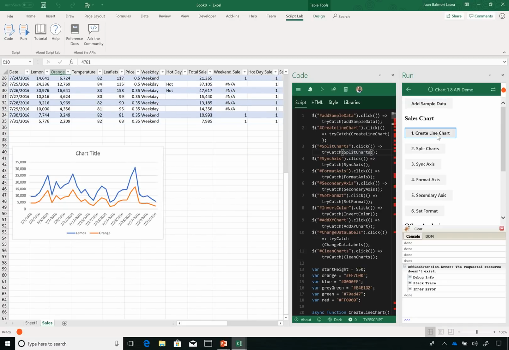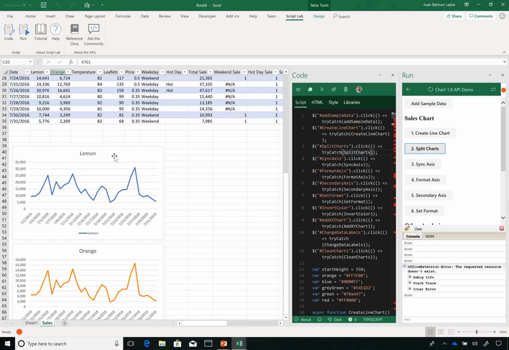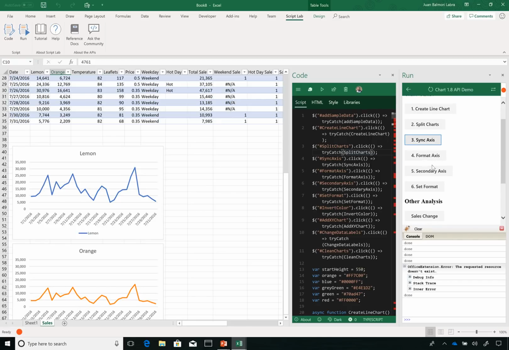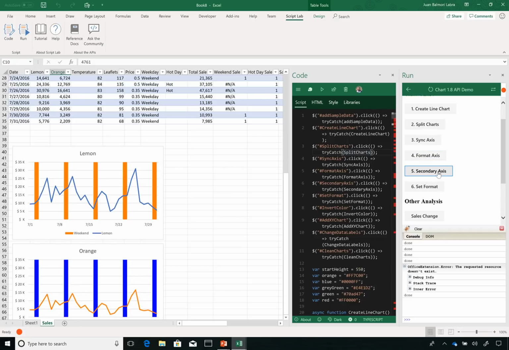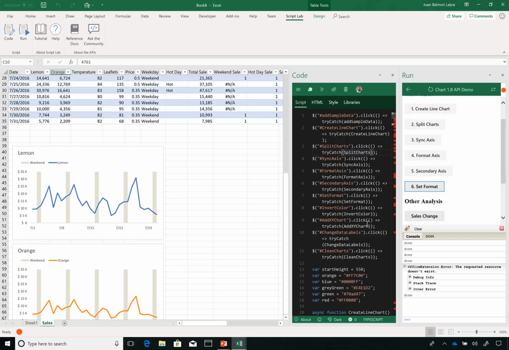You can create a line chart here using 2 series of data. You can split the charts. You can split data into multiple charts, and then I can adjust the axis as needed so that it better reflects the information. I can format it. I can add secondary axes, set a format. Then I can do fun things like, for example,